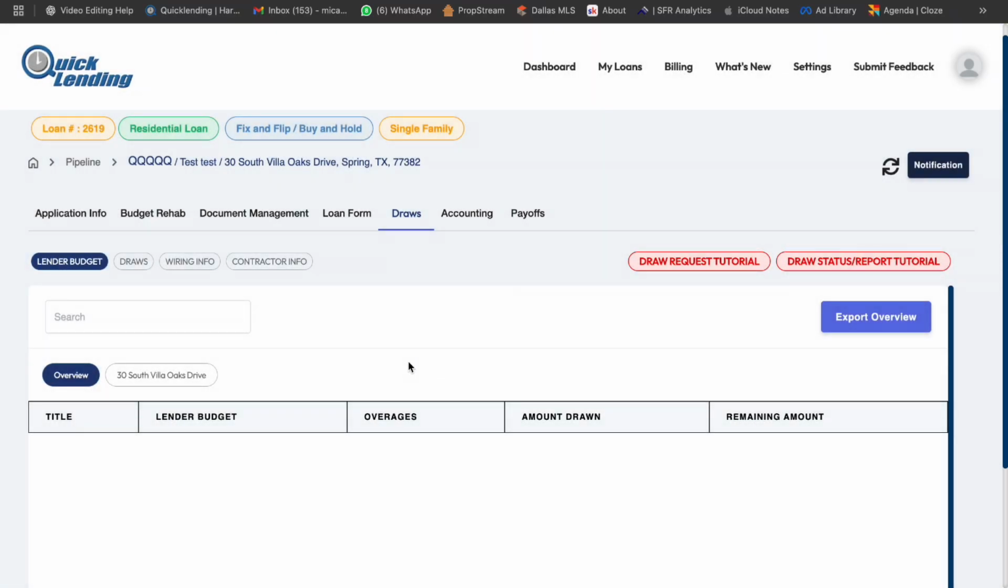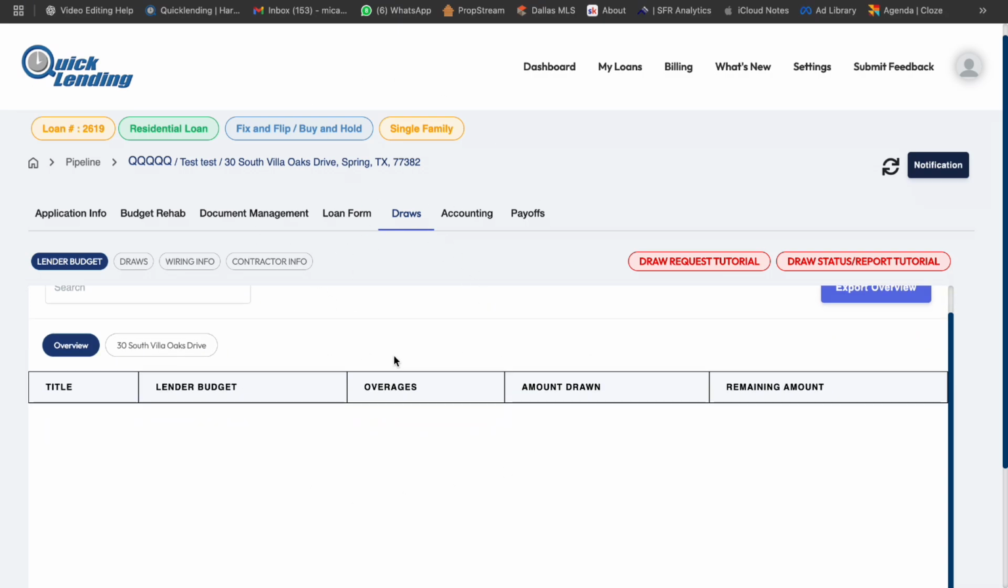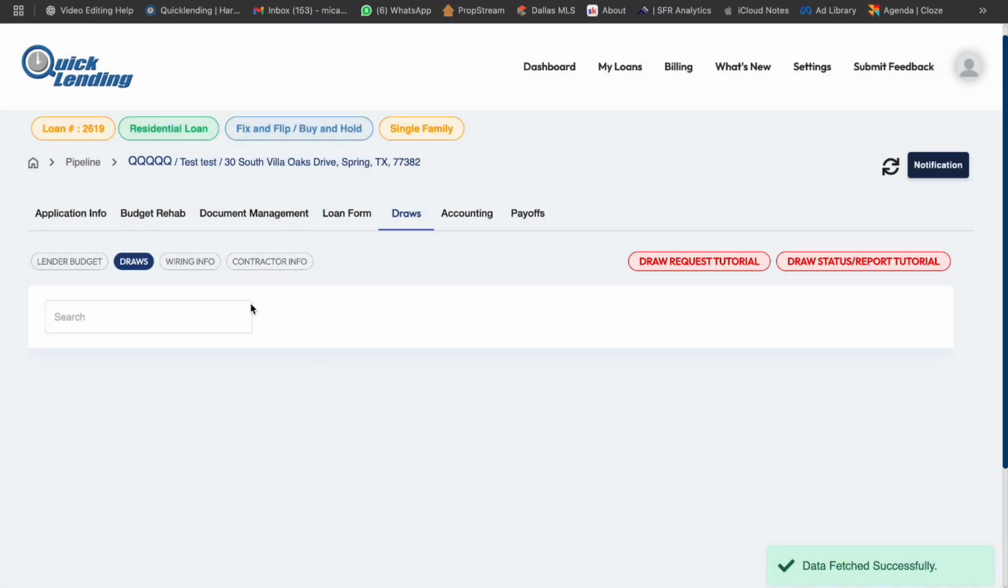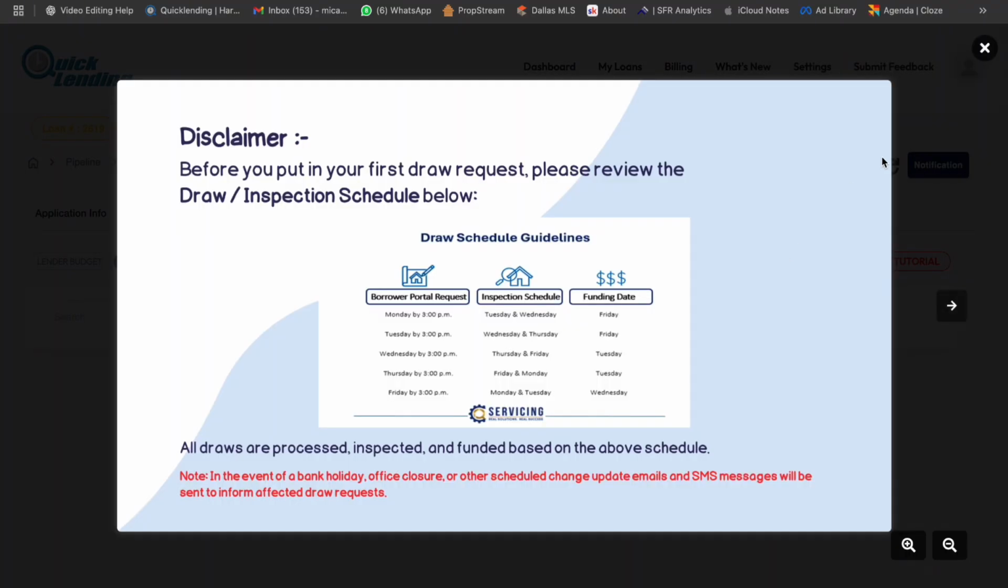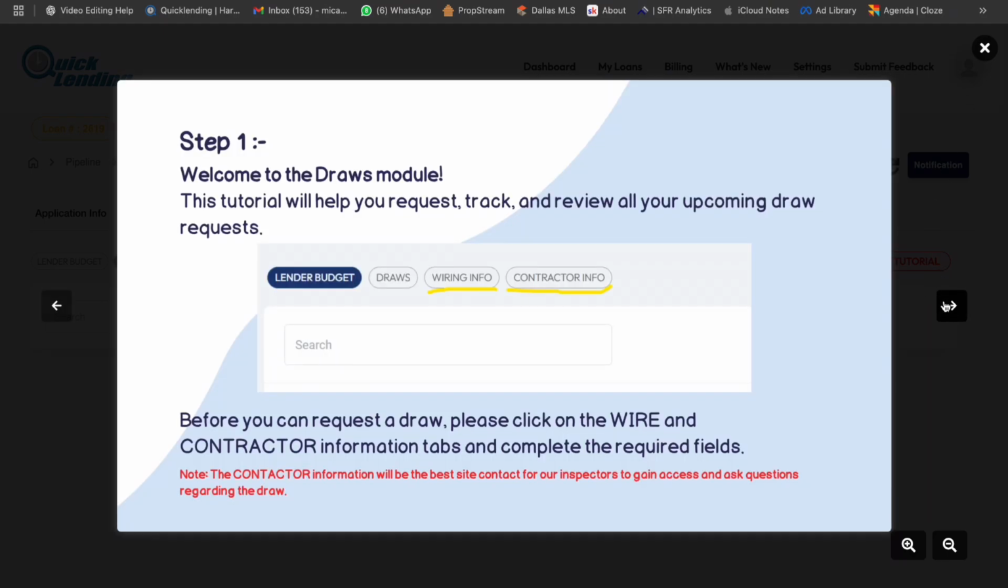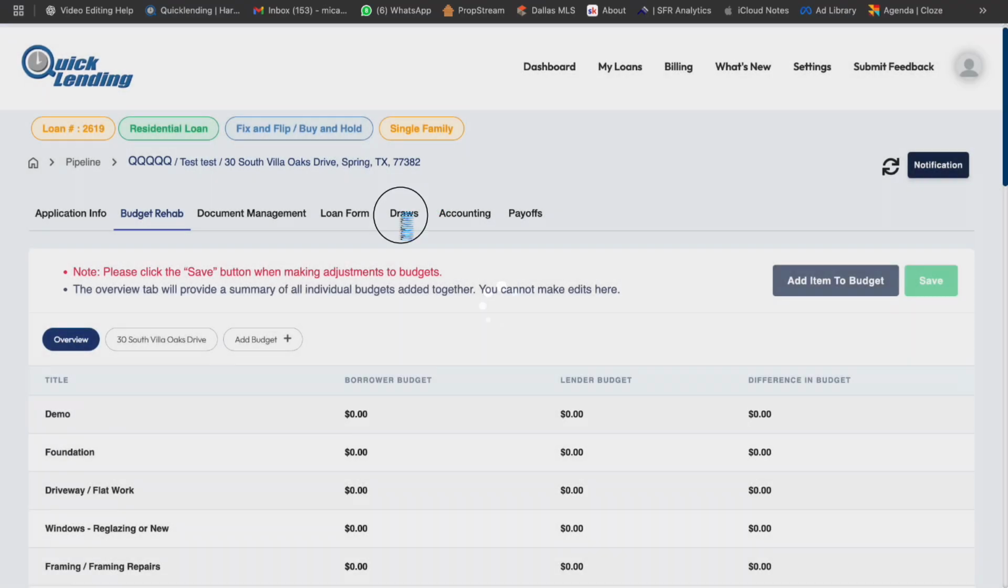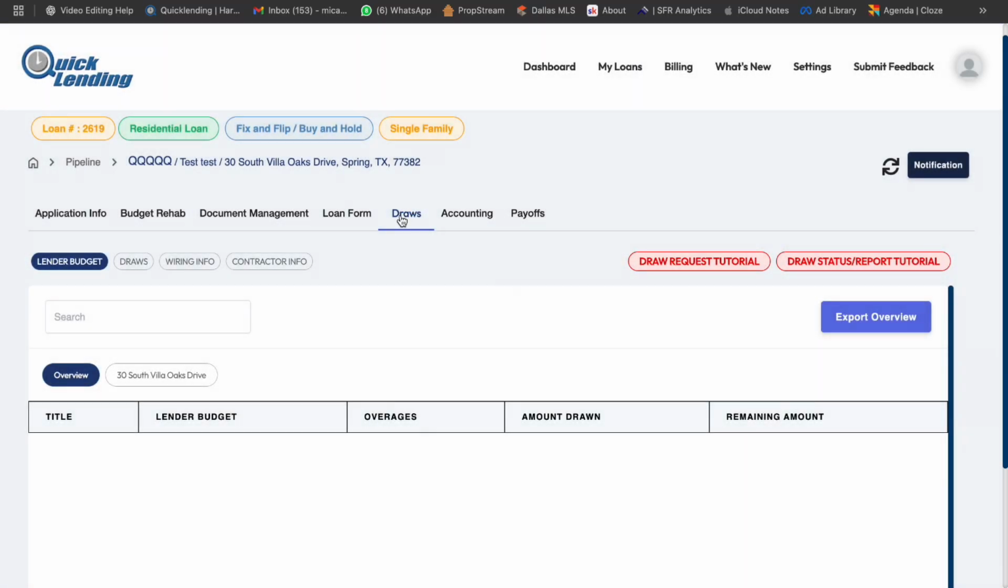Your fifth tab is your draws tab. Now, this is where you're going to go to make all of your draws throughout the life of the loan. So whenever you've completed some work and you want to get reimbursed for that work, you come directly here to this draws tab and request your draw through here. And there's actually a draw request tutorial directly through here that gives you some of that information. I'm going to create a separate video on budget rehab and draws,